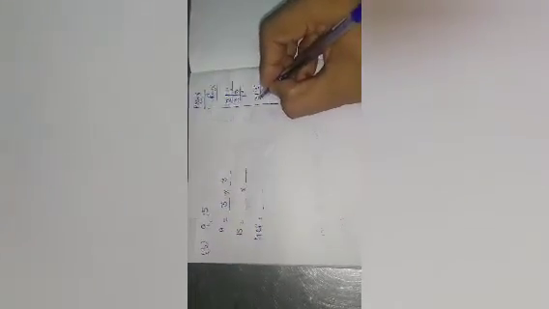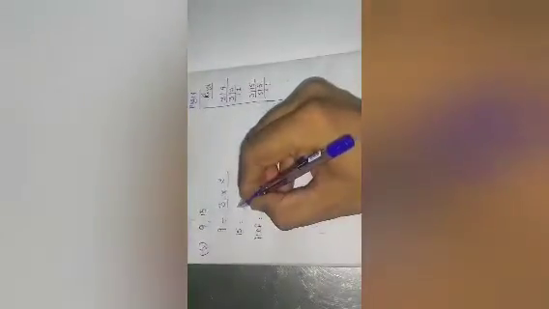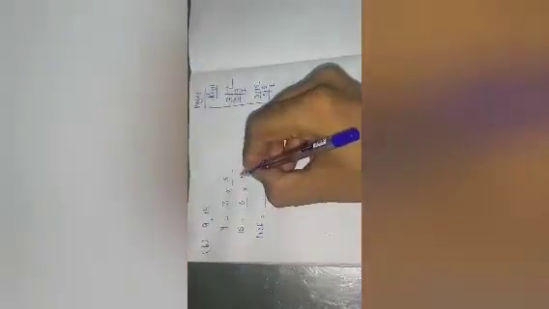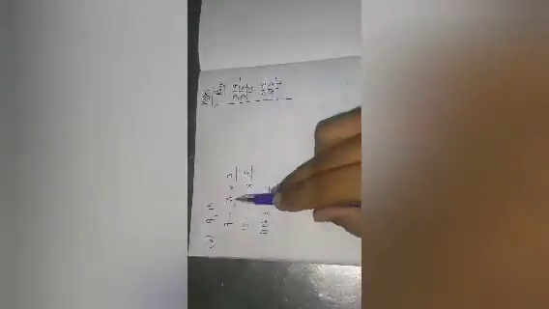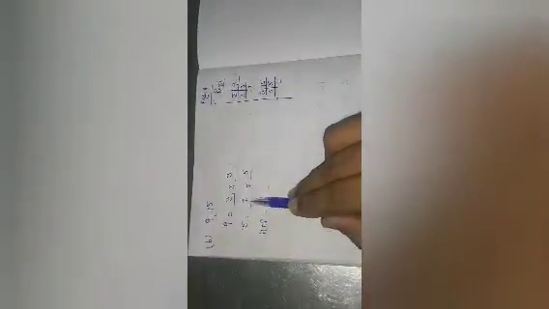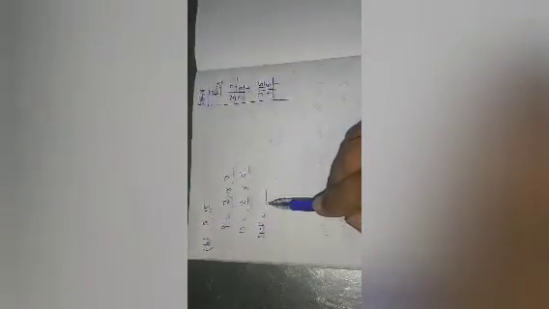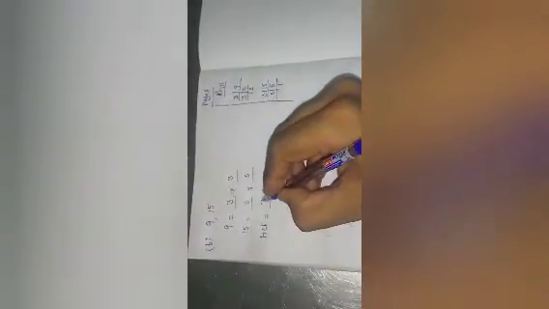Now the next number given is 15. You can easily divide 15 with the help of 3. 3 fives are 15, then 5 ones are 5. So your factors are 3 into 5. So students, which is the common factor here? 3, only 3. It appears one time, so we will also count it one time. So your highest common factor is 3. Clear, students?